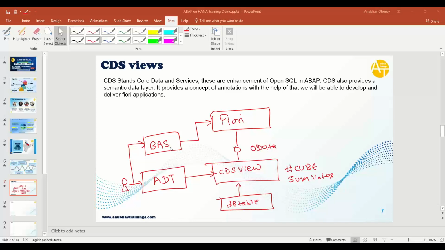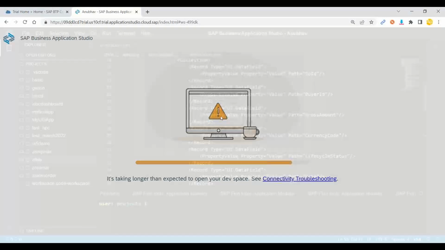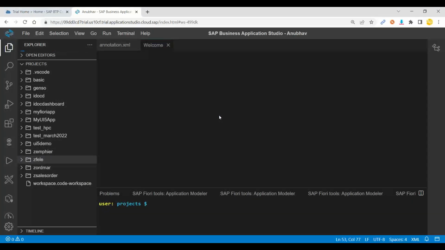In unit number 15, I will explain how to set up a free Business Application Studio tool for yourself on your personal computer. Yes, this training is designed for freshers. Anyone can learn ABAP on HANA with us. But in this demo session, I have already set up this tool to save time to show you one end-to-end flow. Having said that, let's move to the browser where I already have this development tool called Business Application Studio